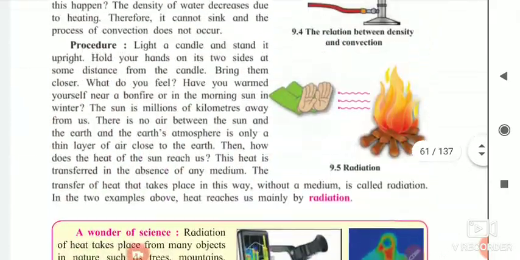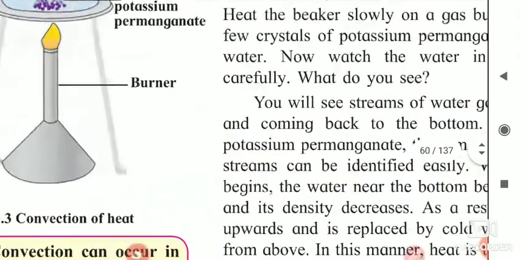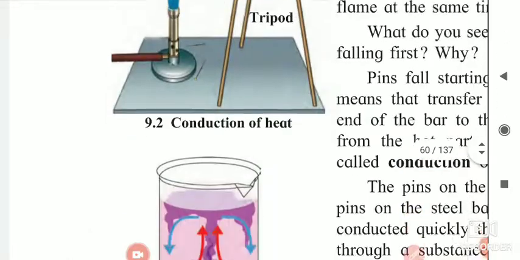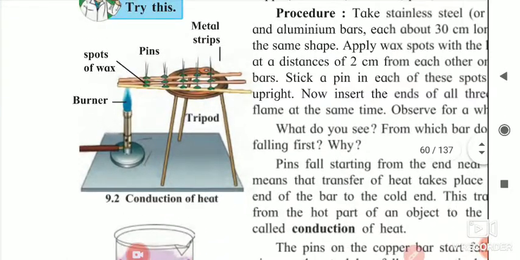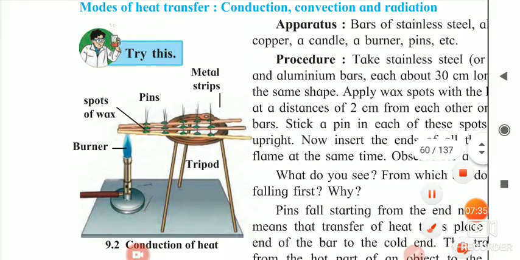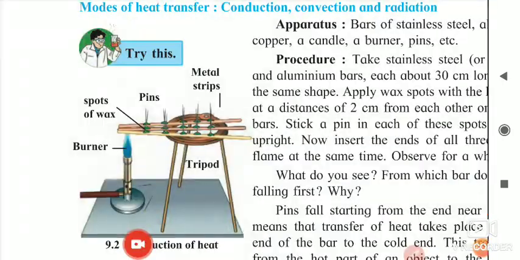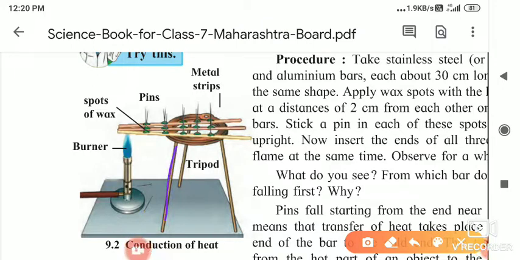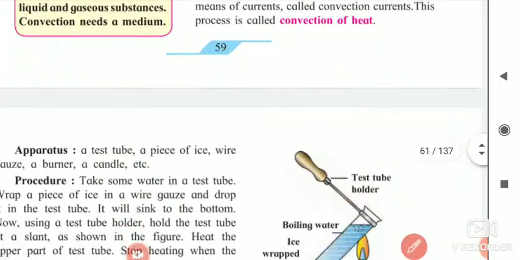So if possible I will give you this experiment. In this, what you have to do is show the conduction of heat, and for that take any spoon, otherwise anything. Keep it on any wood or whatever is there, and just provide the heat and show me that pins are falling here, and it shows the conduction of heat. So that is the fourth experiment that I told you for tomorrow, means for the practical exam.